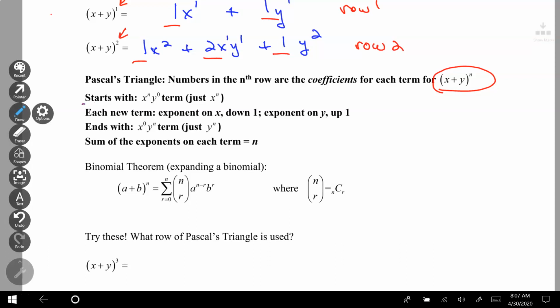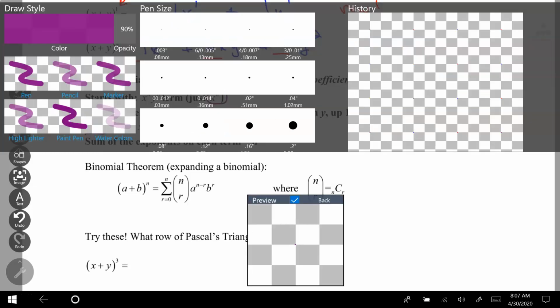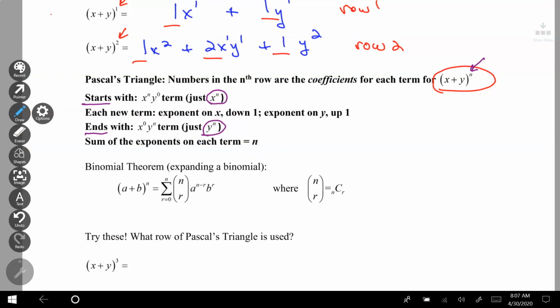It's always going to start off with x to the nth power, whatever n is. I have to know what that n is. And then it's always going to end with y to the n. Again, whatever n is. And then all the terms in the middle are going to be created. My exponent on the variable x will go down by 1, and my exponent on the y will go up by 1, and I will